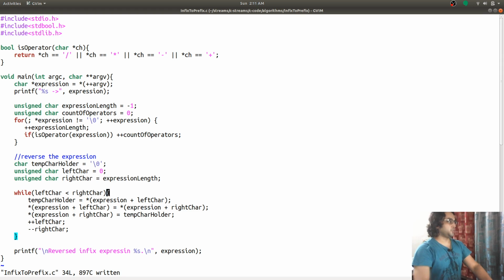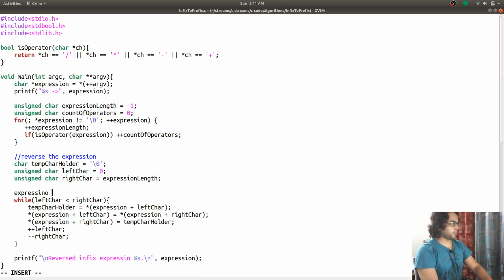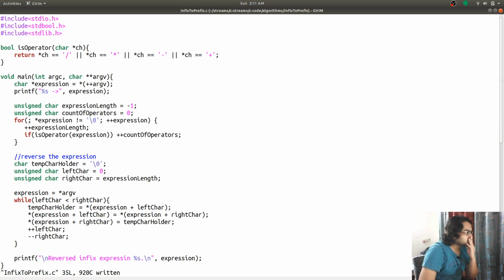Yes, the issue is that I haven't initialized this value back to point to the expression value. Now we are right, correct.